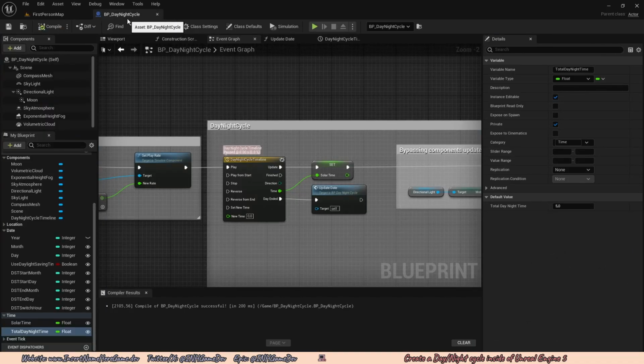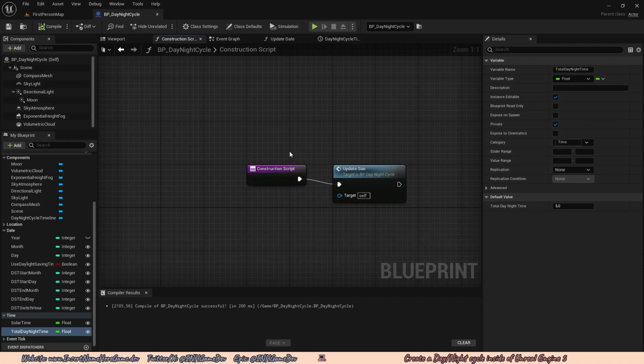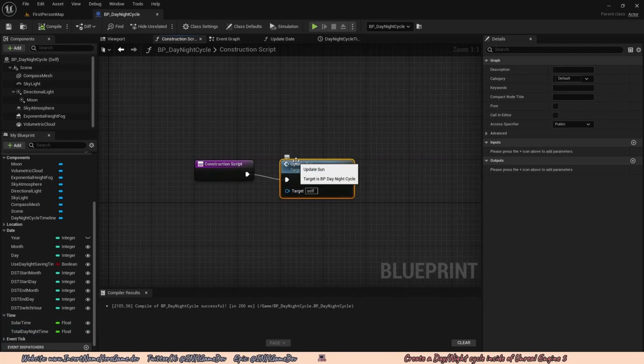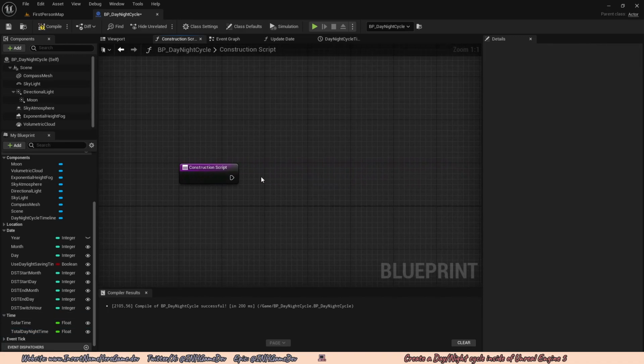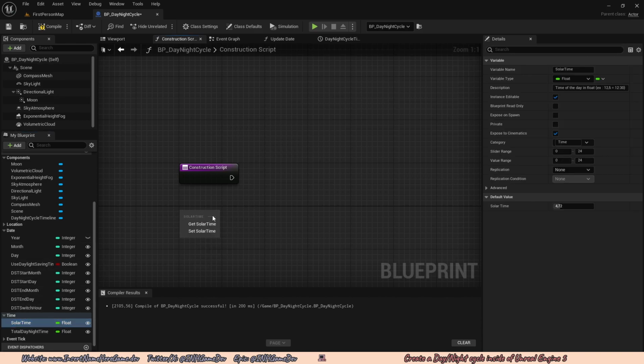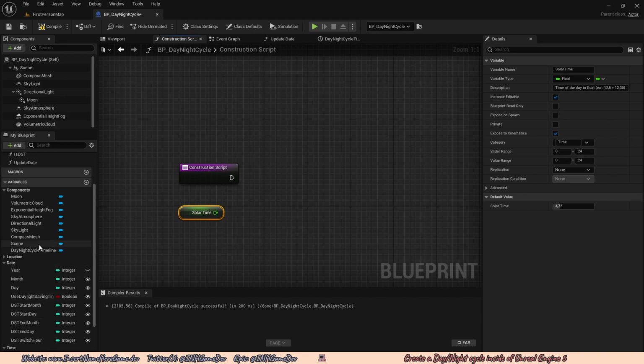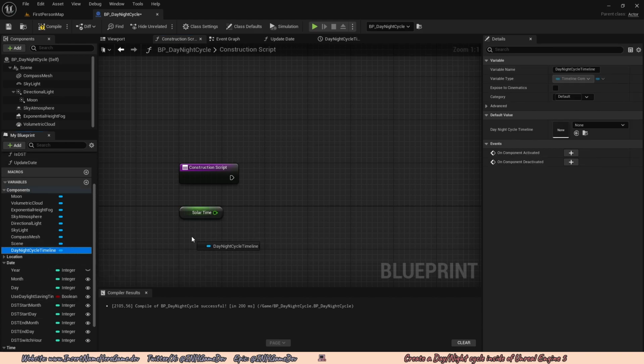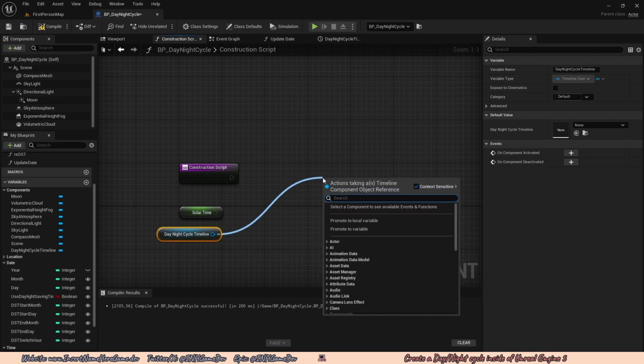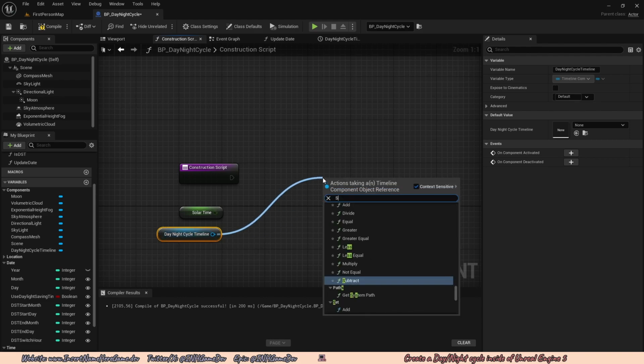We're going to go to the BP daylight cycle. We're going to go to the construction script. We're going to delete update sun, and all we're going to do is just call the timeline. So we're going to get our solar time, then we're going to get our day-night cycle timeline, and we're going to drag off the timeline and set